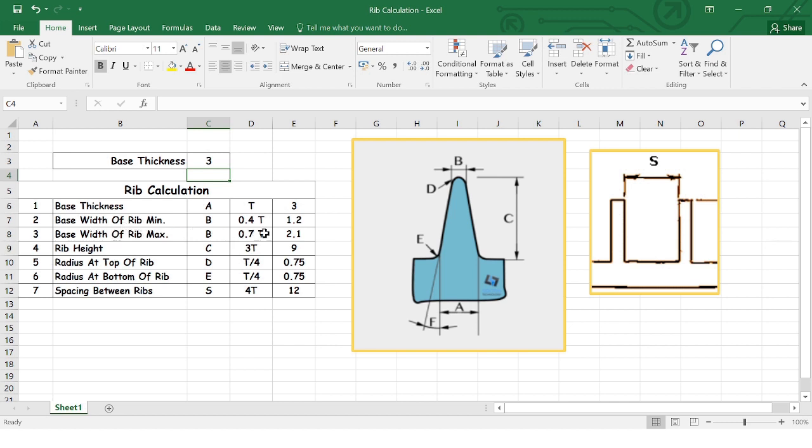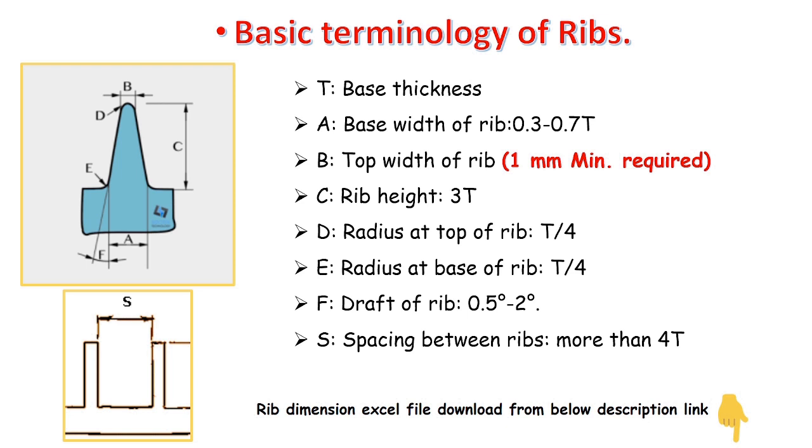Base width of the rib minimum 1.2 mm, rib height 9 mm, radius of the top of the rib 0.75, radius at the bottom of the rib 0.75. You can download that Excel file from the description link below, and use it according to your part thickness, the part base thickness.